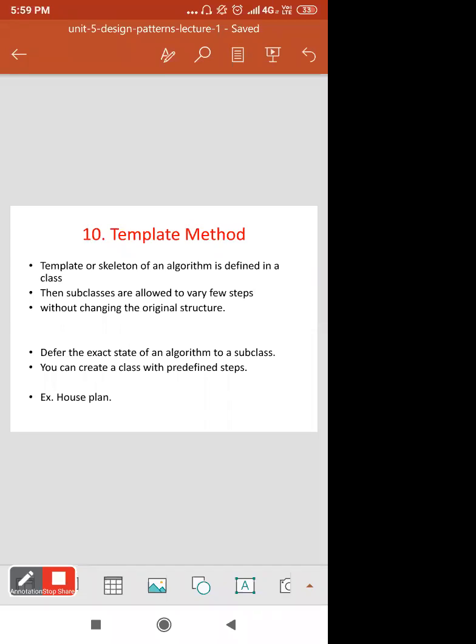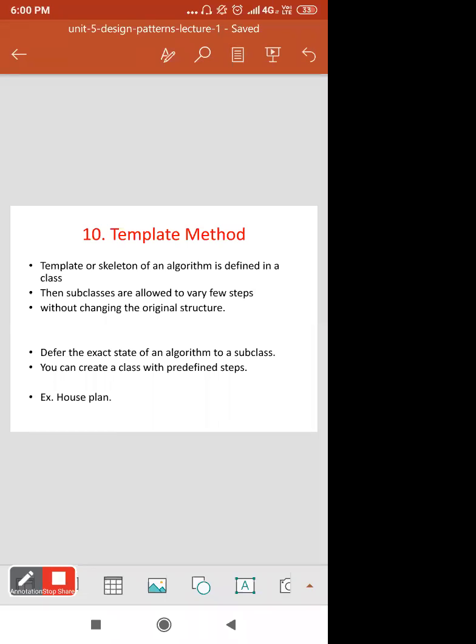For a particular plan, as you provide some template, likewise this design pattern also works. Like if you want to build a house, then you have some particular plan, or you use some template there. Like this is the structure or drawing of my house, and these are the components of that particular drawing. So likewise you provide some template for it. In the same manner this design pattern works.